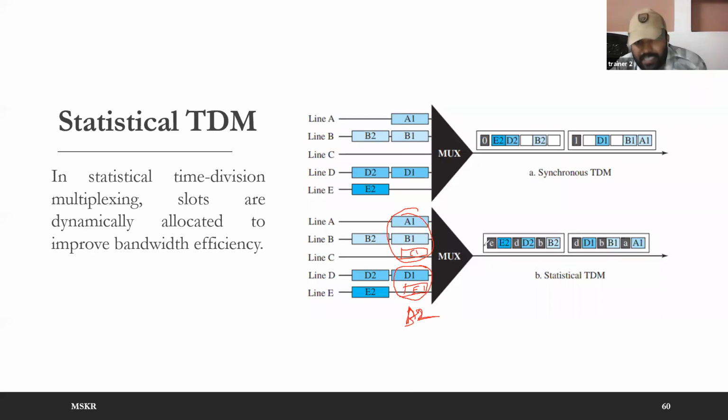Why I explained statistical TDM up to this part is that it is needed for attempting today's quiz. So try to attempt each and every question and each and every problem. Try to solve those problems and give the right answers. Even if you are not able to get the right answers, anyhow I am going to explain those problems in the next class. But don't just attempt them for the sake of it, try to solve those problems. When I explain the same problems further in the next class, you will get more clarity on these concepts.